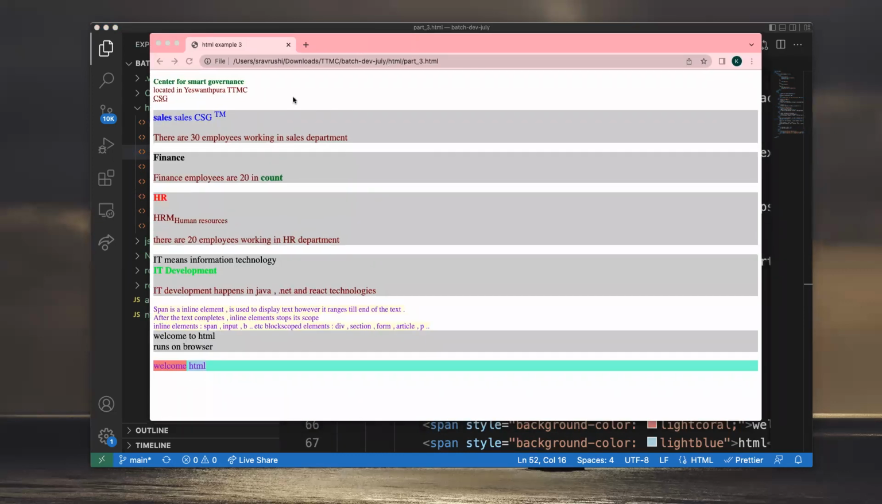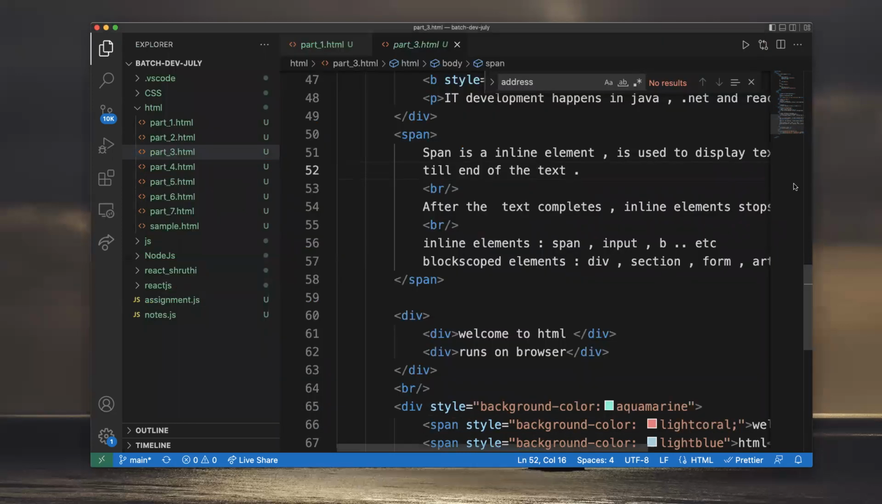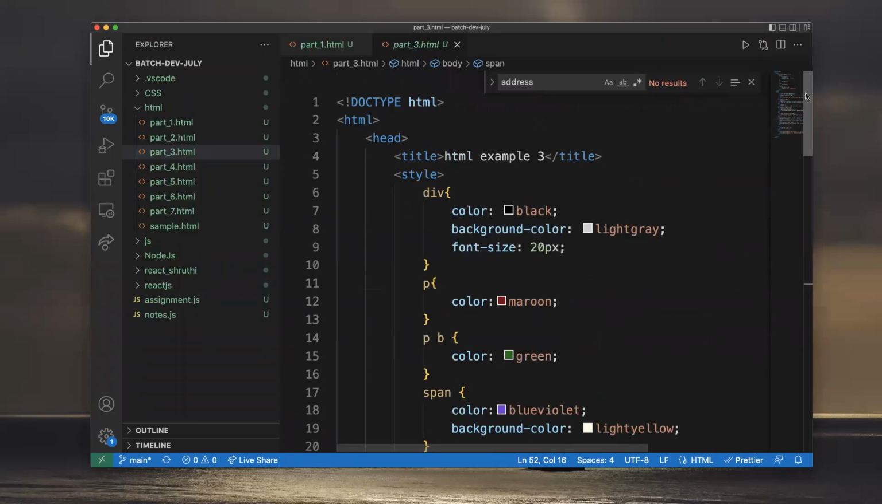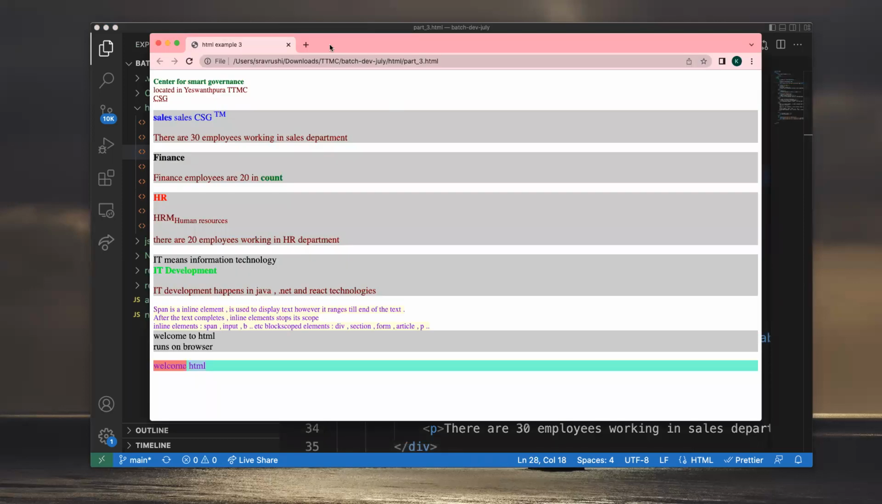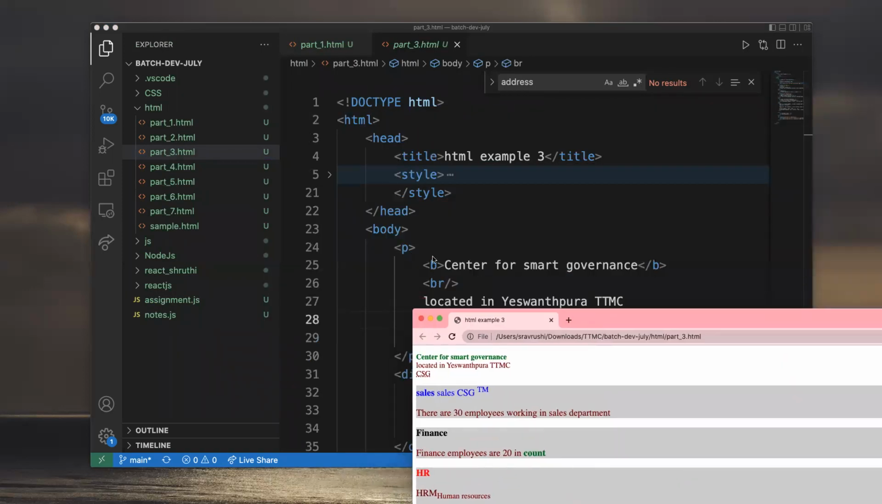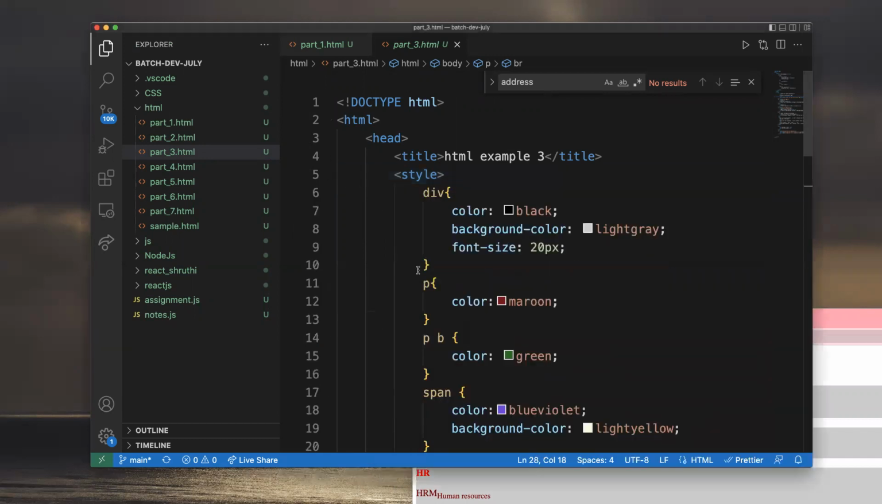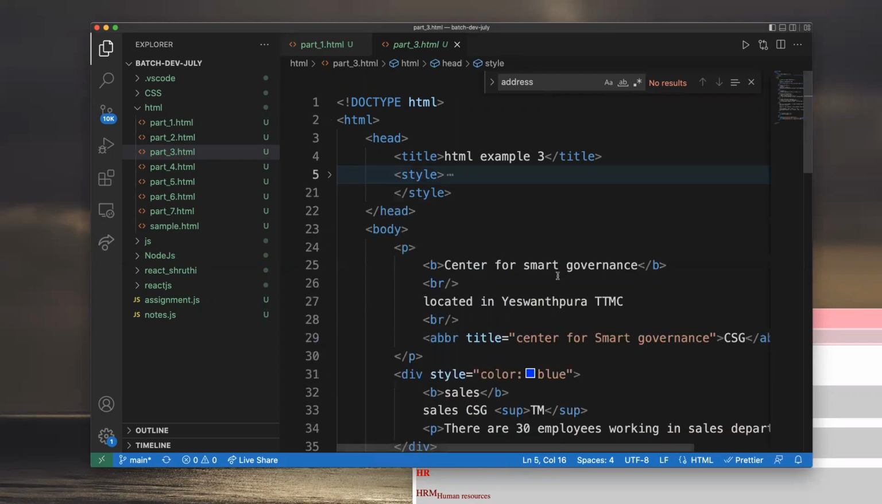So see here, there is a division and also Center for Smart Governance, I have given here. The Center for Smart Governance, since it is an immediate child of the para, that's why this color is becoming green. That is how this P space we call green apply. And also, if you observe, like